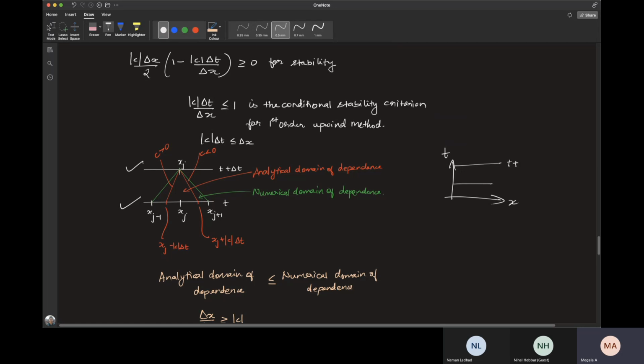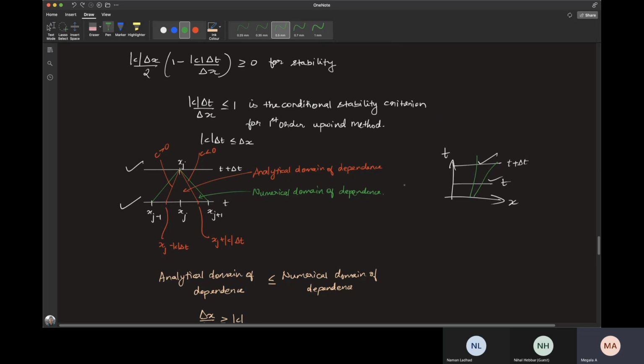I mean, this is at some t plus delta t, and this is at some t, and these are the same physical domains. So I'm just drawing these two lines from the xt plane, and between these lines I'm drawing the characteristics, like how we drew the characteristics initially in some way. Those characteristics are now drawn here between these two lines alone. It is just between these two lines I'm drawing the characteristics. These red and green lines are the characteristic curves.